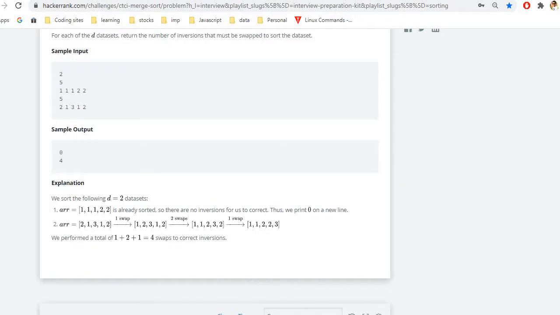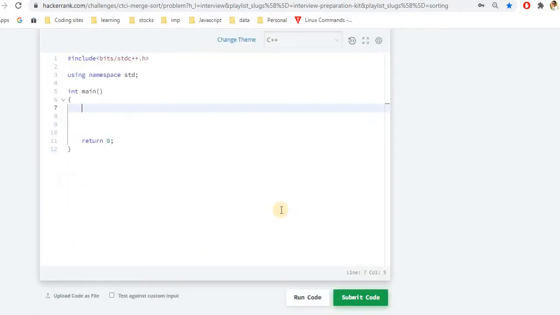So let's start with it. This is the basic template for C++. We'll first start with test cases. It is only 15 in size, so int is sufficient for that. We'll take input for the test cases, and we want to give output for all the test cases. This can be written with a for loop or while loop, whichever you prefer.